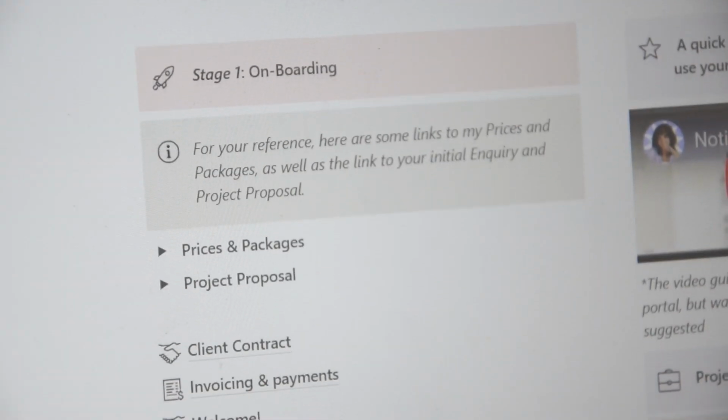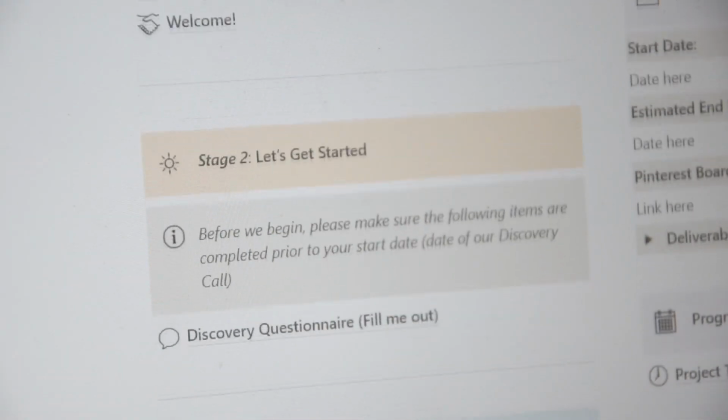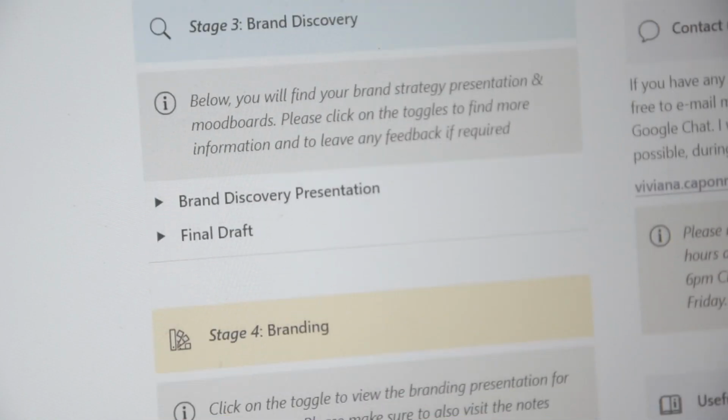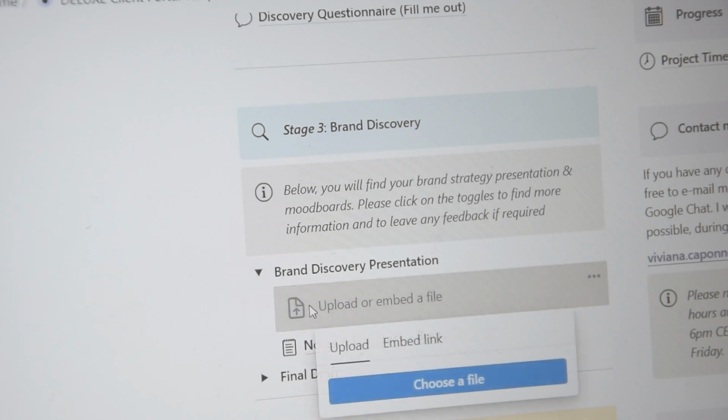I cannot express in words how important it is to have a project management system for your client work. Your portal will be the one and only place where all the details and information about the project will be. You will add timelines, deadlines, you will upload all of your files and have a section for your client to leave the feedback. I strongly advise against doing any of these things via email, especially the feedback.